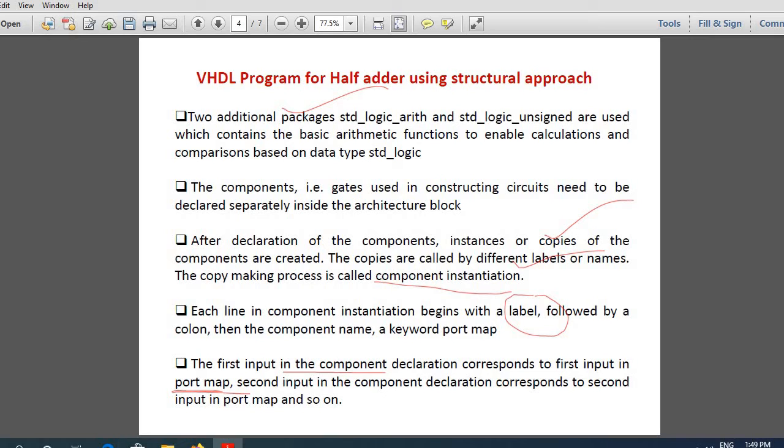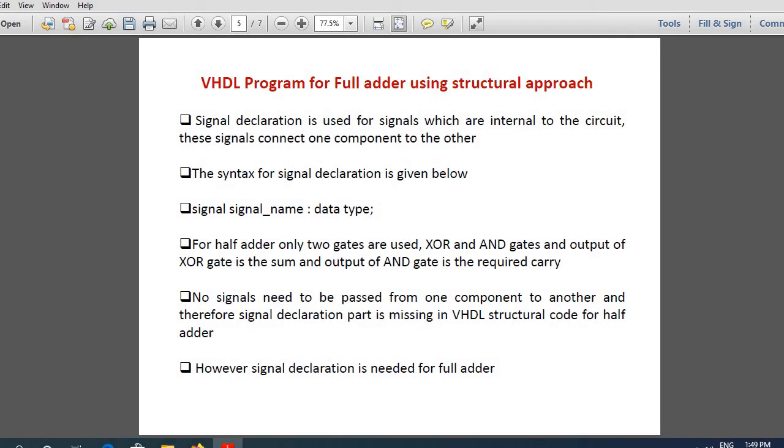So you don't need to know much more details about this because it is only a small topic in your last module. Now we need to know the structural approach model for full adder. For that, what you need to know is that,